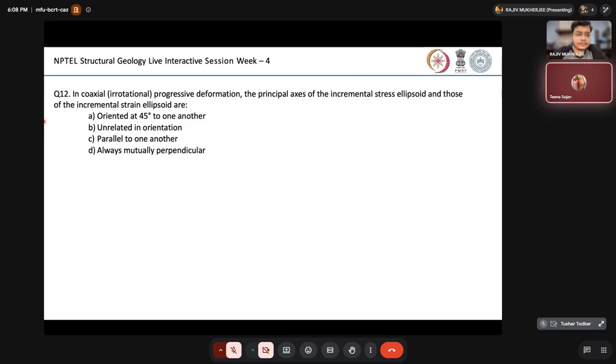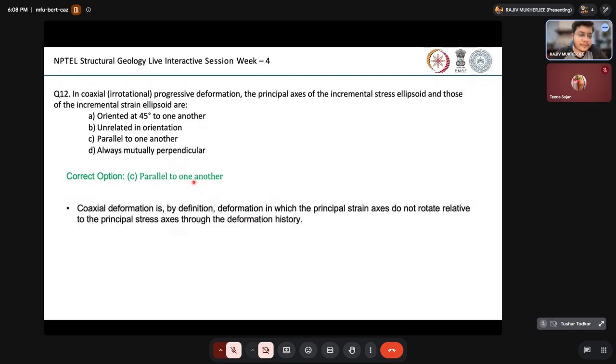Option D. Exactly, you're absolutely correct. Option D. Sorry, option C. No, no, actually, option... the principal axes of the incremental stress ellipsoid and the incremental strain ellipsoid, no, they will be parallel to each other